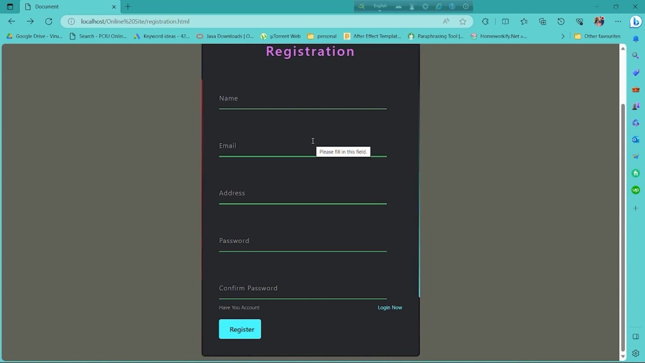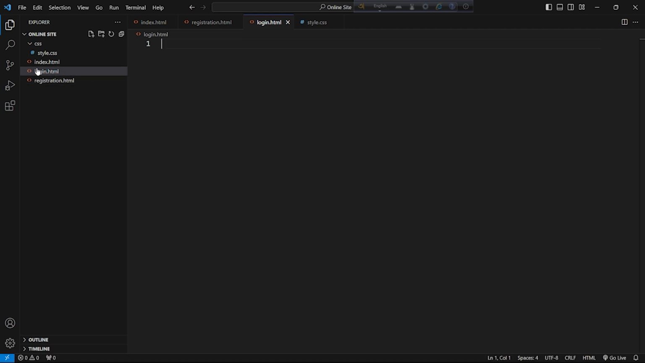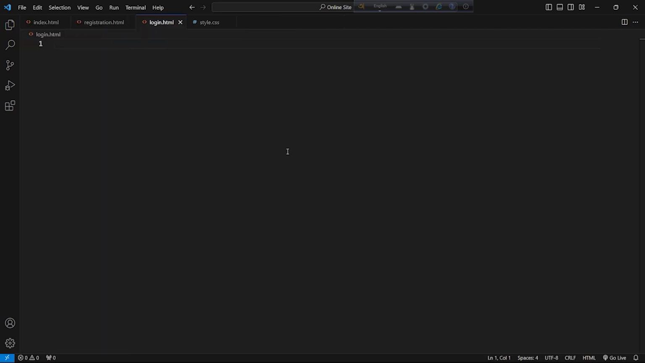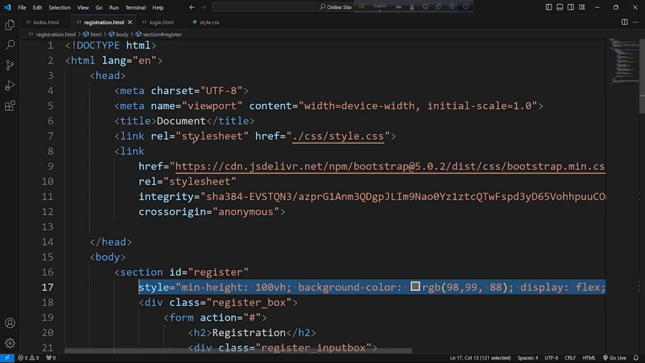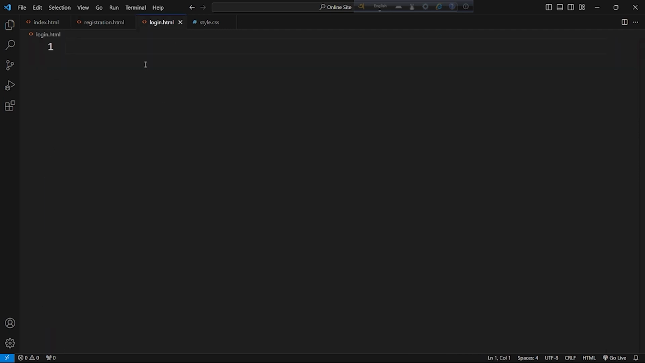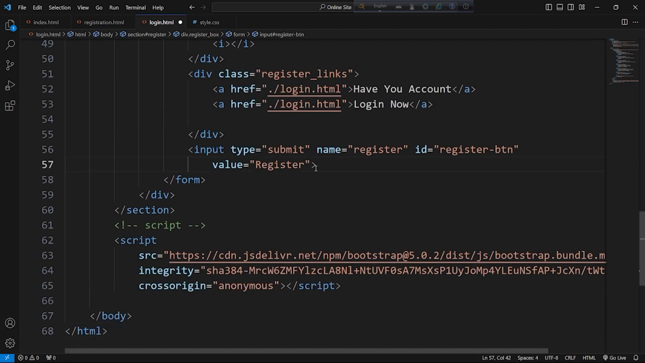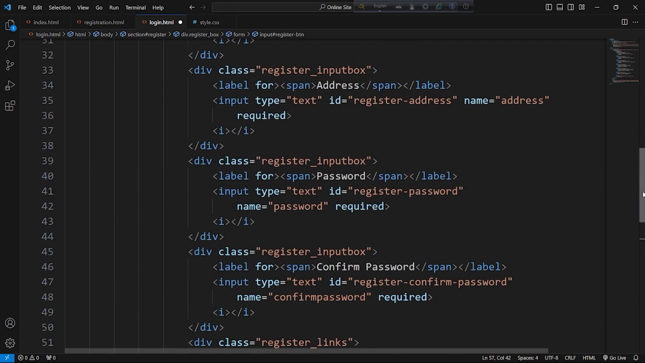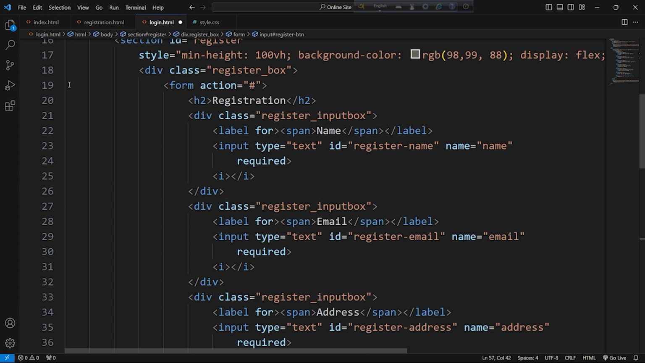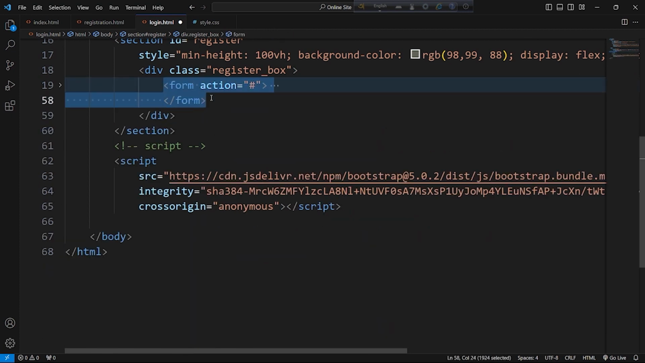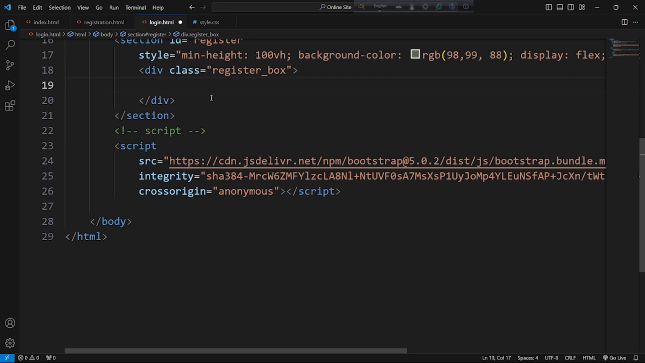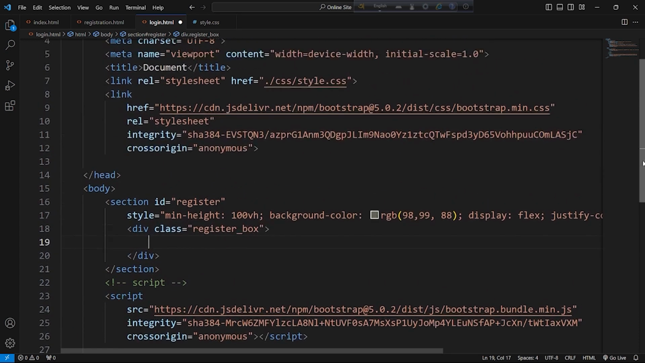In the previous tutorial I showed a registration form, and today I'll show an animated login form. So let's get started. Open your VS Code and create a file login.html. In login.html, because we are using a similar animation, copy and paste the registration form into login.html and remove the form tag. So we replace here register